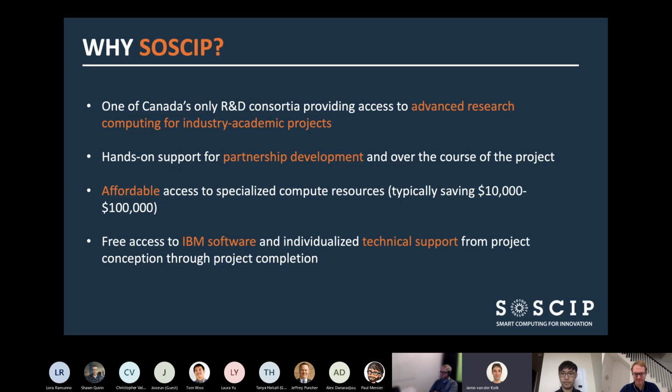Laura Muno has two questions. Can you speak about the user fees and IP agreements? Absolutely. I'll do IP agreements first. SOSCIP takes no stance on IP. IBM is a partner of the consortium, and in the past there was greater involvement, I would say, of IBM at the project level. Starting in 2019, each of our projects are governed by what we call a project collaboration agreement, a PCA. The IP agreements are left to be defined by the parties of the project, so the academic and the industry partner.